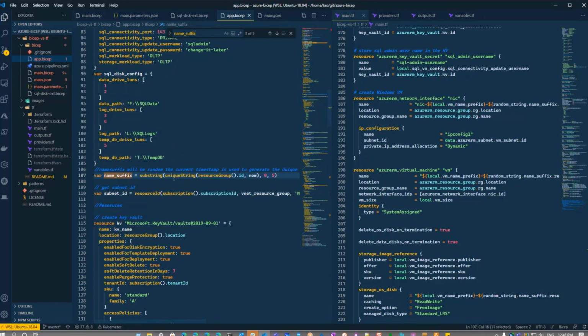Yeah. So I have this uniqueString function to generate a random string, but the problem is it's unique. As long as the input parameters for this function are the same, the output will be the same. So it's unlike being random. You won't have different output every time. So in order for me to generate a different name suffix every time I execute the template,